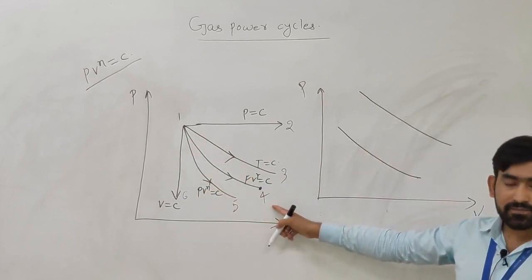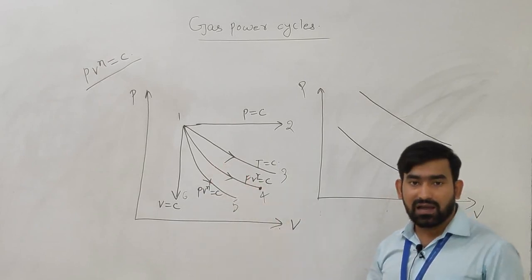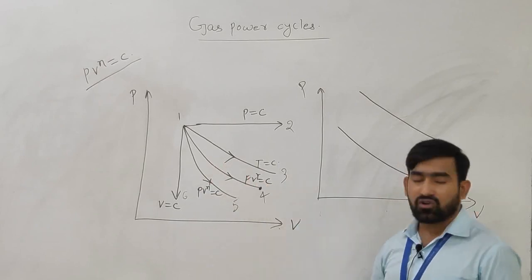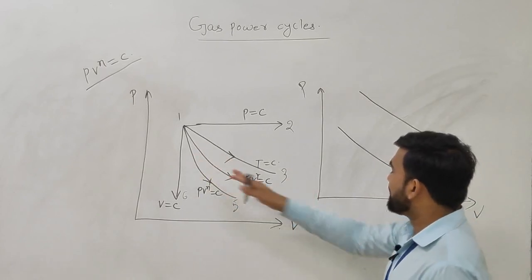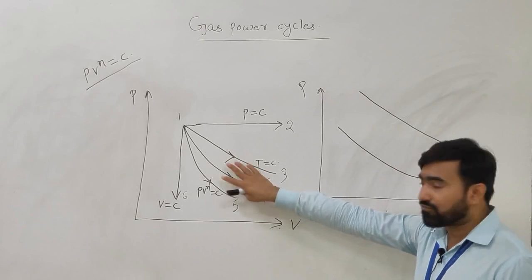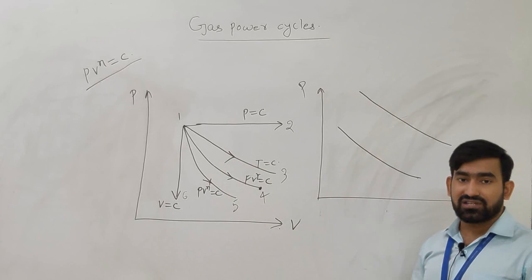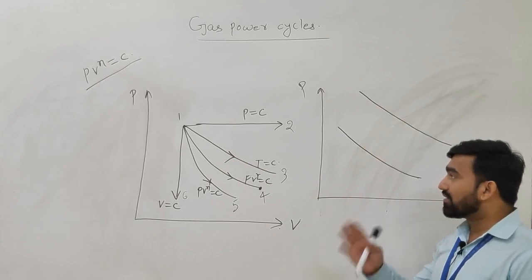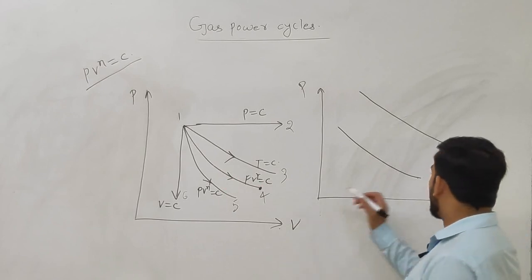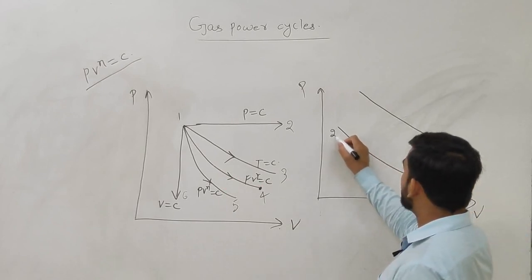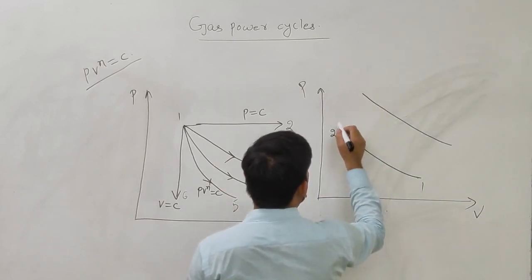So 1 to 4, this curve clearly represents the isentropic or reversible adiabatic process. So this 1 to 4 is taken from this diagram at this point, and it is adjusted in such a way that it will clearly represent the isentropic processes. So here it is 1 to 2 isentropic, and there in Otto cycle